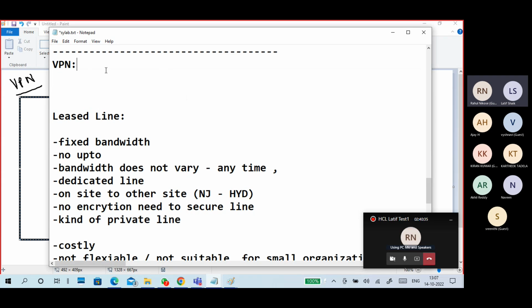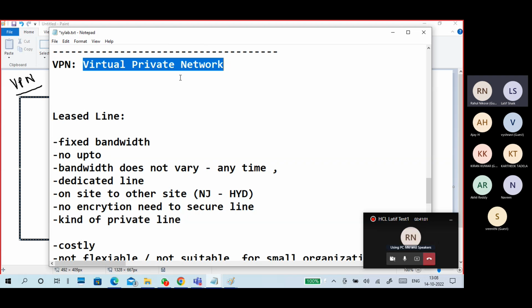Virtual private network. Internet means public network. Intranet or a LAN means a private network, a local network. But VPN is a virtual private network.